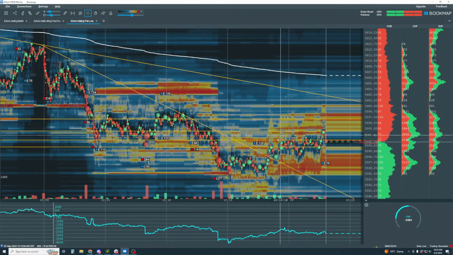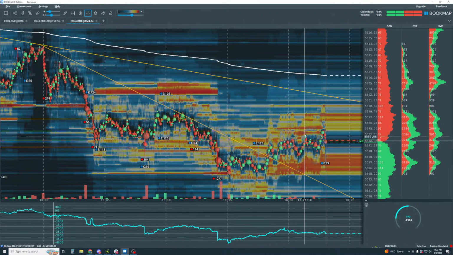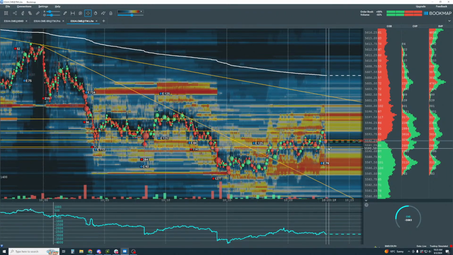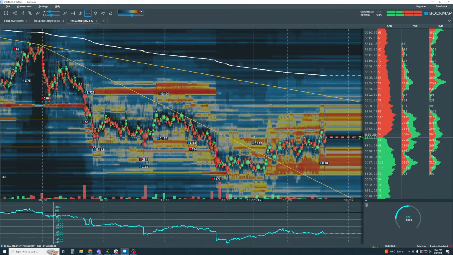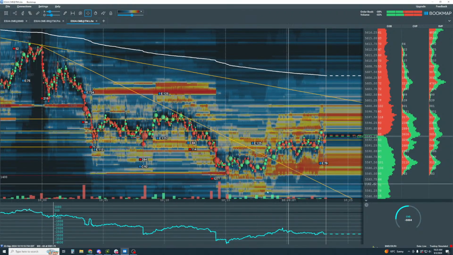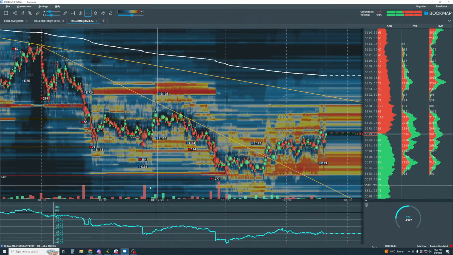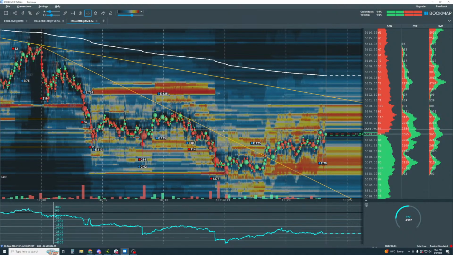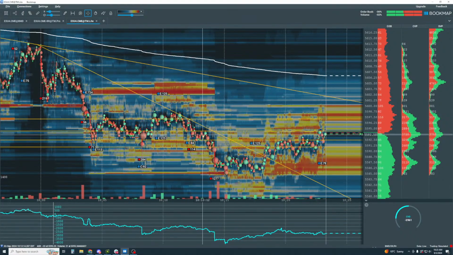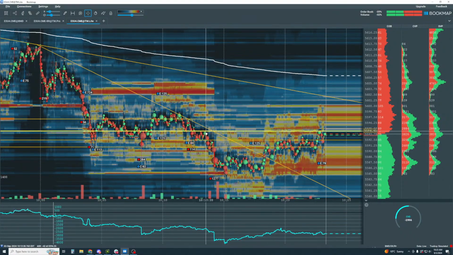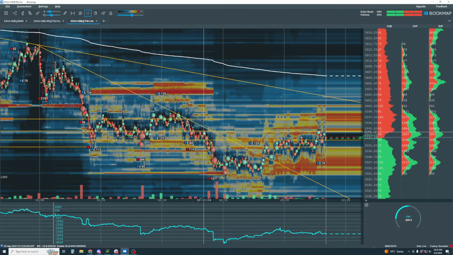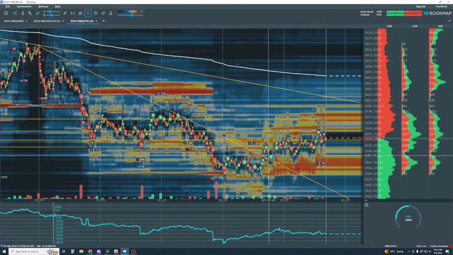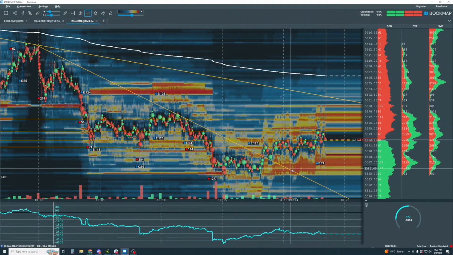Now that behavior is starting to unfold. All right, now this is again a very big, strong move to the downside. Look at the buyers in here compared to the sellers. So because of that, I like to take some profits along the way. Maybe even get all in, all out, depending on what we see in here in the order.